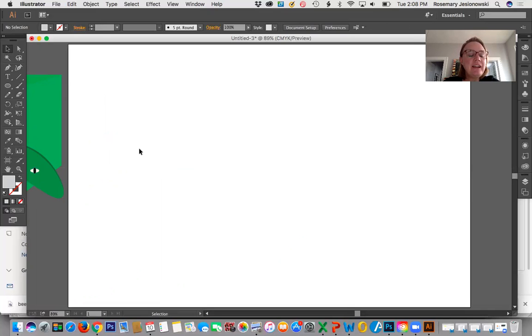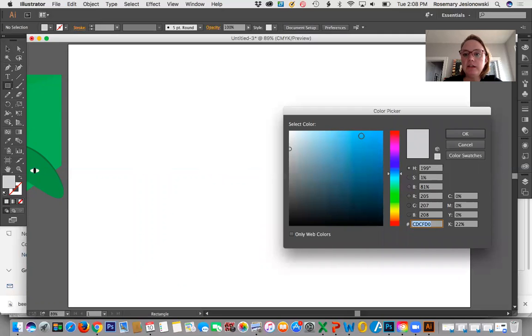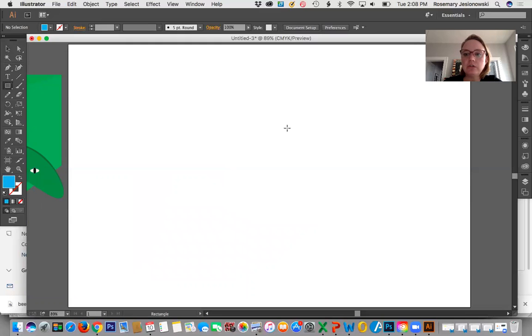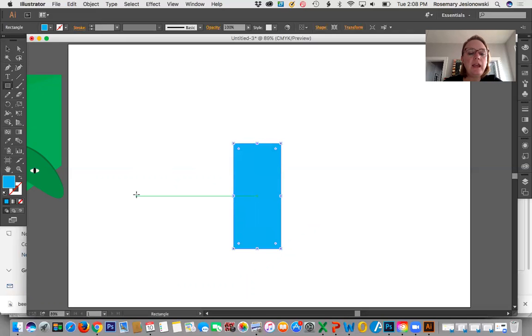Okay. With the shape builder tool, you can take two shapes and unite them, you can take two shapes and make them one. So with that tool, I'm going to start by making a rectangle. And let's make this bluish. Start with a rectangle. And let's say I wanted to make a shape that was